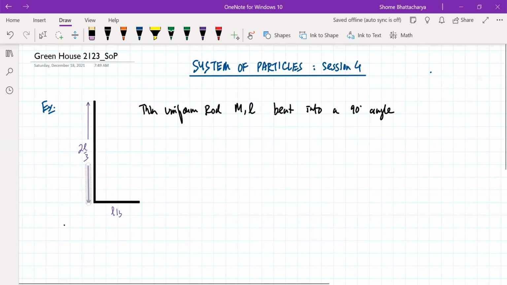So just try this out. How will we use the superposition principle here? Sir, we'll find out the centers of mass of the horizontal and vertical parts individually. Yes, first very good. So set the mass of both the sections of the rod, L by 3 and 2L by 3, find their individual centers of mass, and then we will place equivalent particles at their centers of mass and make it into a system of two particles, right? And find the center of mass using that. So just work this out quickly.